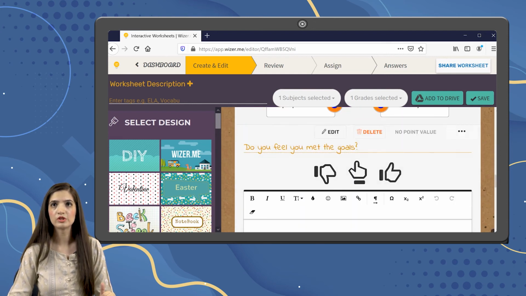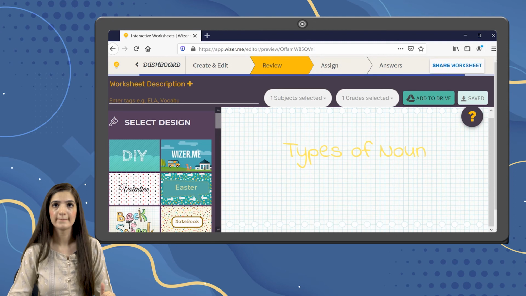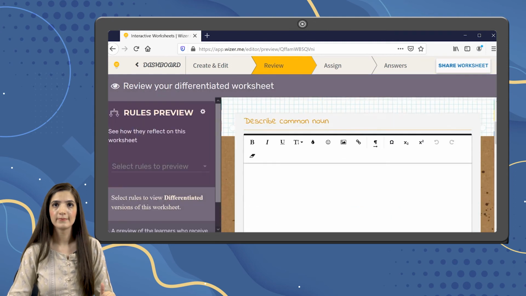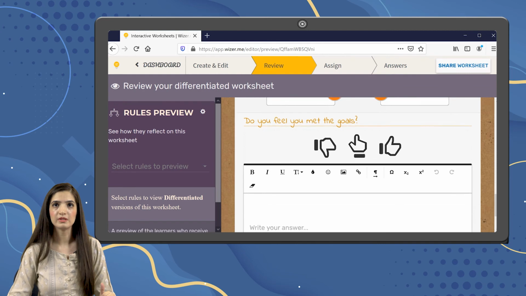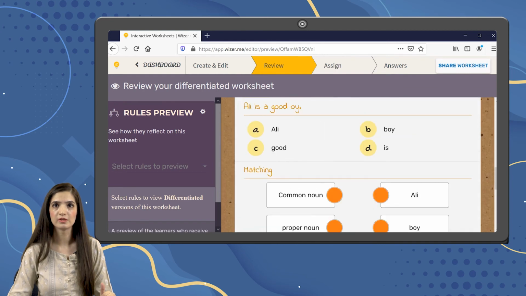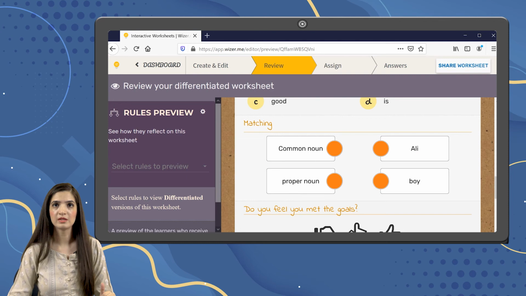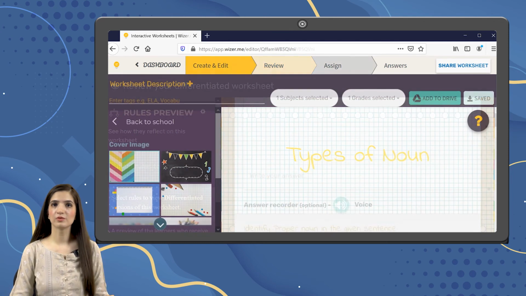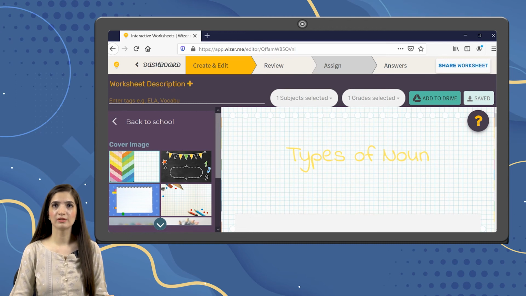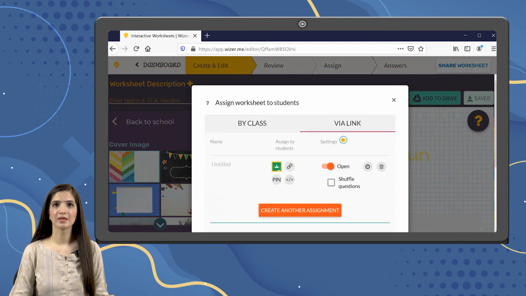Once you are done with the worksheet, click on the Save tab, and your worksheet will be saved in the dashboard. The teacher can edit it anytime. From here, you can review the worksheet. You can see the worksheet looks like this for your students, and the system has shuffled it itself. Once you are done creating your worksheet, you can assign it to the learners by clicking on this Assign tab. Click on this Classroom.